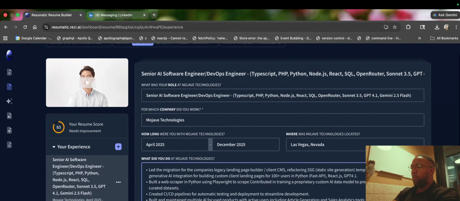Scrape images from popular clothing brands and feed to our RAG pipeline for